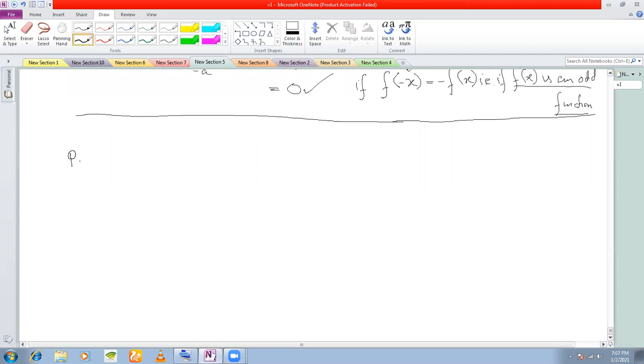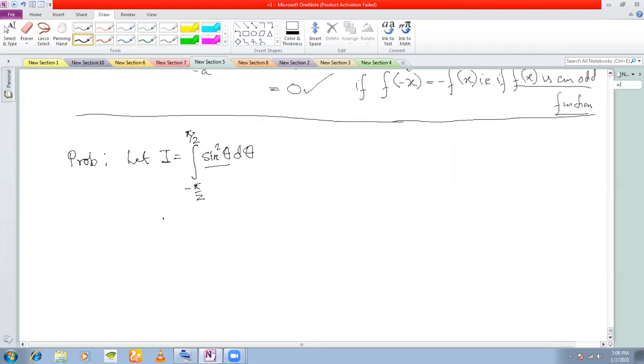So the first one which I would like to take is, let I be equal to the integral from minus pi by 2 to plus pi by 2 of sine square theta d theta. Here if you see, the limits are minus a to a, which is pi by 2. So here the value of a is pi by 2, and the function here is sine square theta.